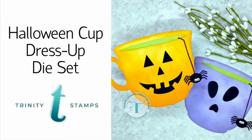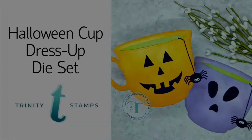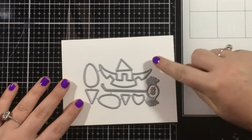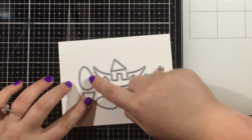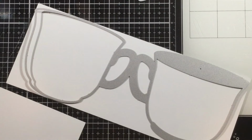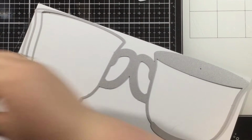Today we're looking at the new Halloween Cup Dress Up die set. This die set has 9 pieces and it's an add-on die set for the Trinity Cup card die set, or you could use the regular coffee cup card die set. I'm going to be using the Trinity Cup card die set with both of these today. And you're going to be able to create a little jack-o'-lantern face as well as a cute little spooky ghost